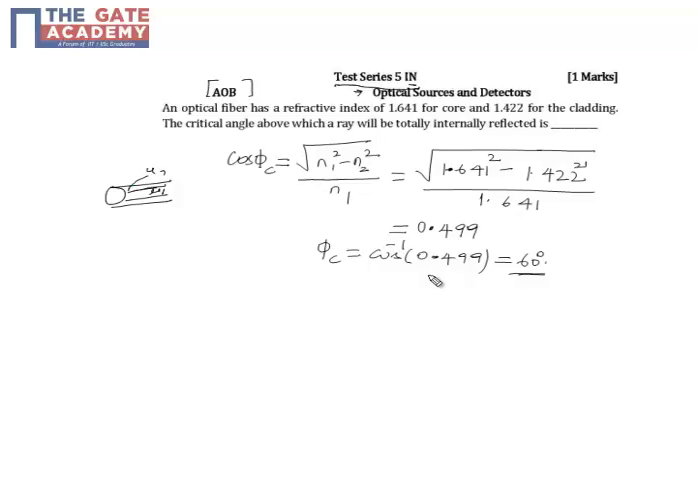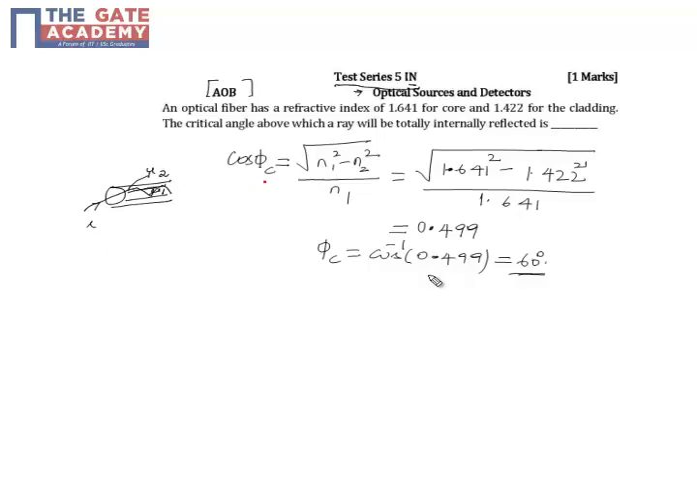So this is of refractive index mu2. The refractive indices are given as 1.641 for the core and 1.422 for the cladding. So what is the critical angle at which a ray will be totally internally reflected? That means what should be the angle of incidence so that the light totally gets reflected and it traverses through the optical fiber. So if this is my incident light I,